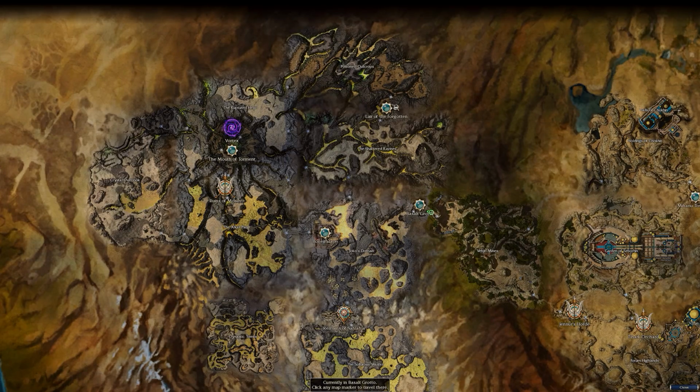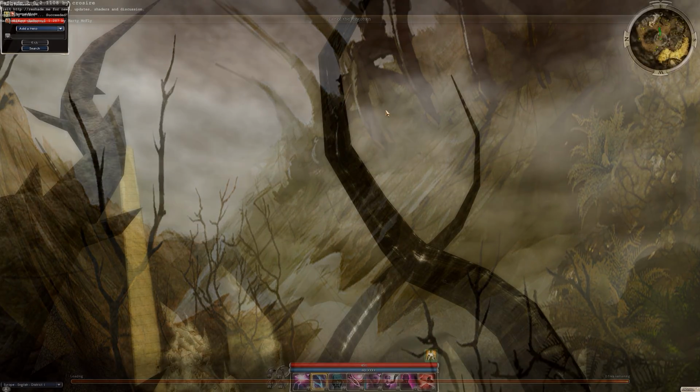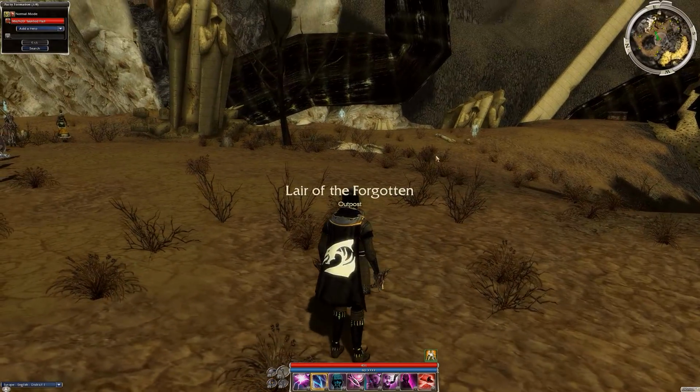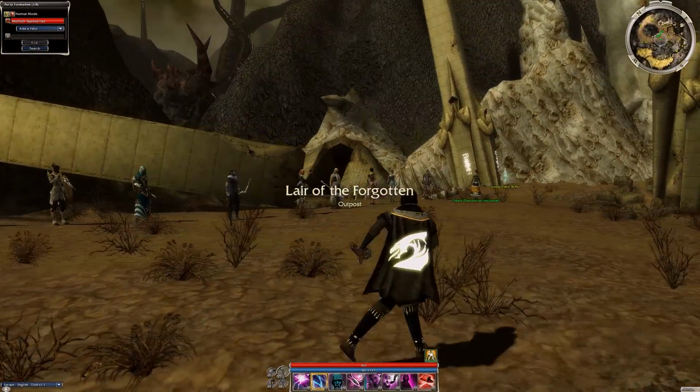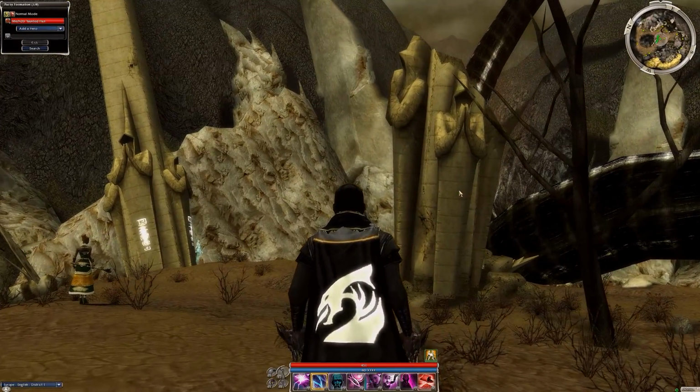Moving north, there's more bonus areas. So there is the Lair of the Forgotten. Now this is the location of a heart in Path of Fire, an outpost, if you will, though I don't think they formally stuck with the outpost idea as they had in Heart of Thorns. The Lair of the Forgotten is now quite close to the Crystal Desert again,